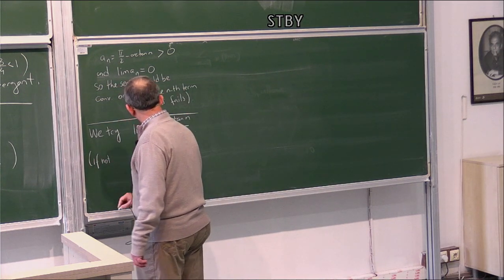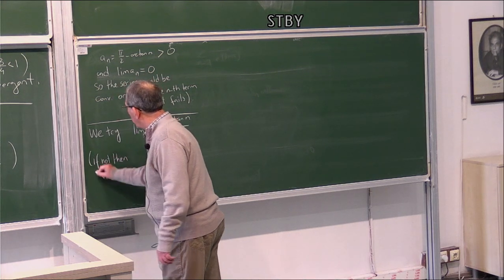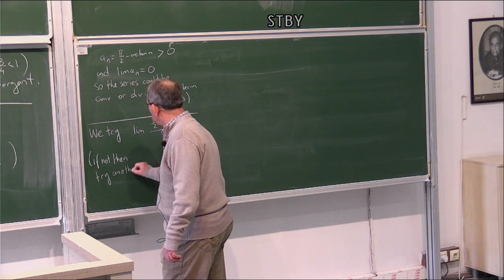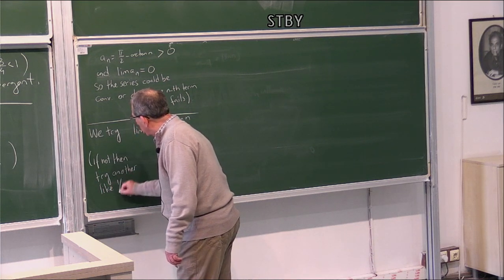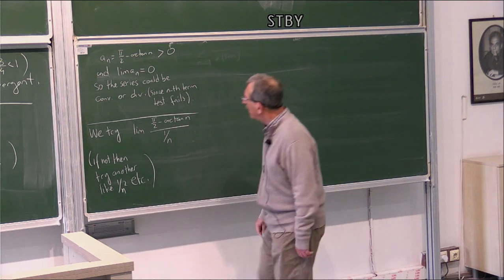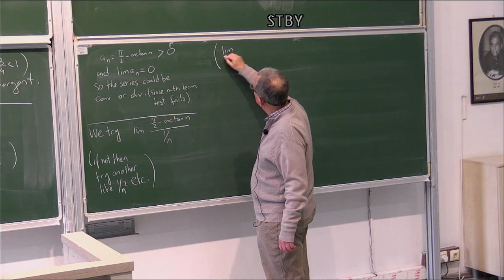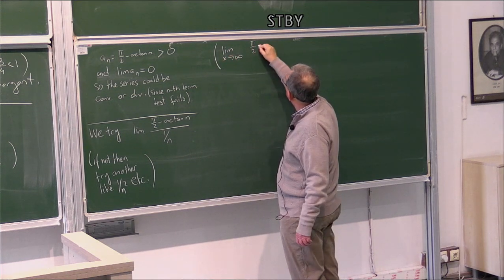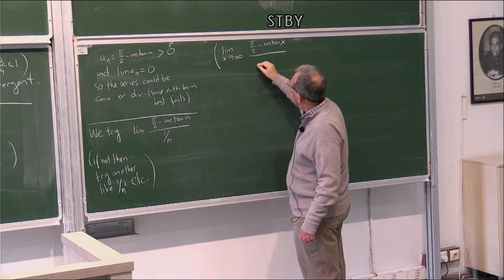If not, then try another. Okay, something like 1 over n squared, etc. Well, here, of course, we have limit x going to infinity, pi over 2 minus arctangent x over 1 over